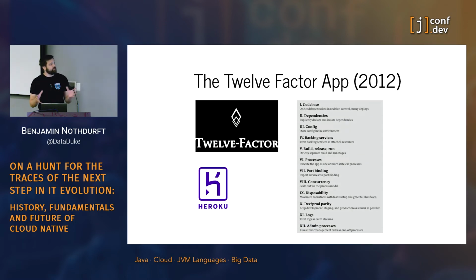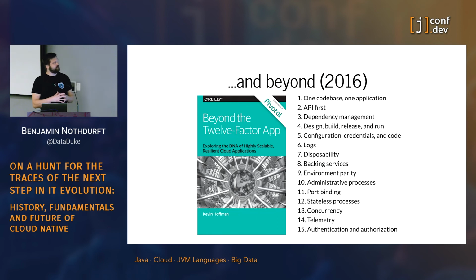In the beginning, Heroku, these days not present anymore, came up with the first idea of a 12-factor app. So to have one code base, to have dependencies, and how configuration is handled, how it's stored. And when they built the platform, they derived all these factors from it, and we could align to it for quite some time. These days, we figured out that there's already a bit more to do.